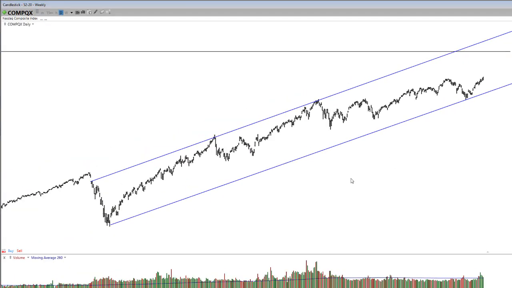So same with the Nasdaq. All I did was connect the major low point through there. As you can see, I just connected this major low through here, and this first major low from the whole situation. And then I just connected this major low through here, right? So we've got this major pullback, and then we had a rally to the upside. So we have this. That's all I did. I'm just looking at the major lows over the last couple of years.